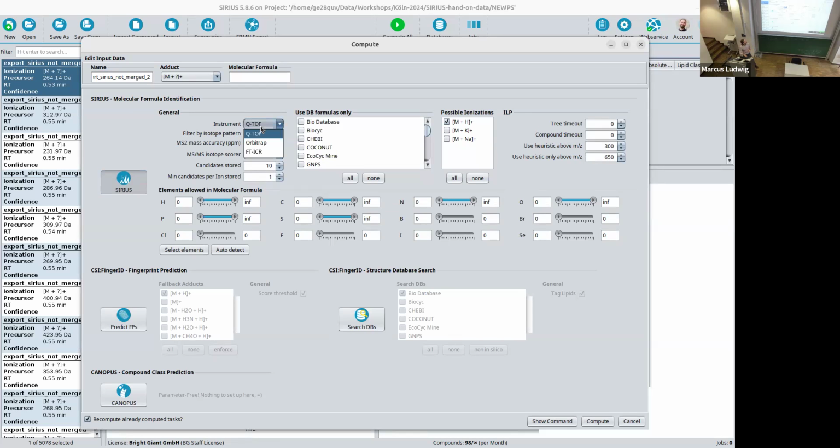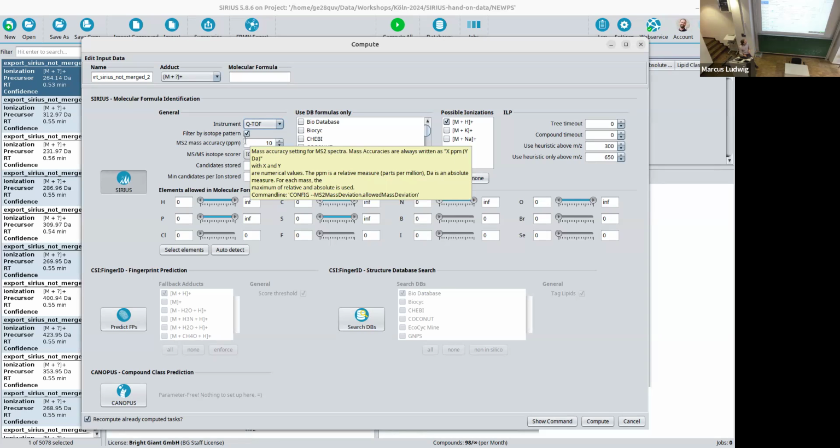You can decide which instrument you're using, which mainly changes the mass deviation we are expecting, like 10 ppm for a QTOF. Then, if we annotate molecular formulas, we first generate all possible molecular formula candidates. Basically, we can do a two-step approach where we first score the molecular formula candidates via the MS1, via the isotope pattern,